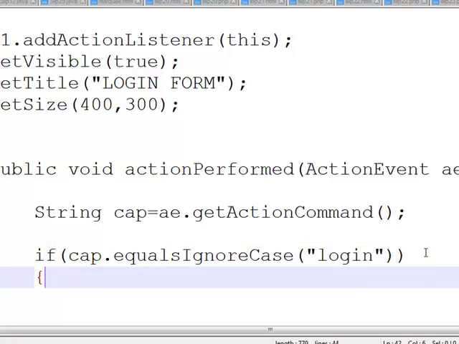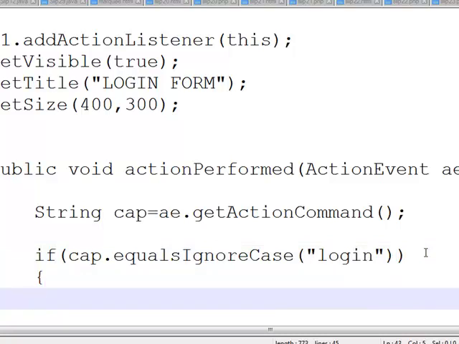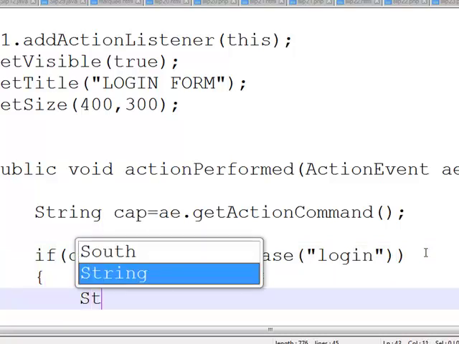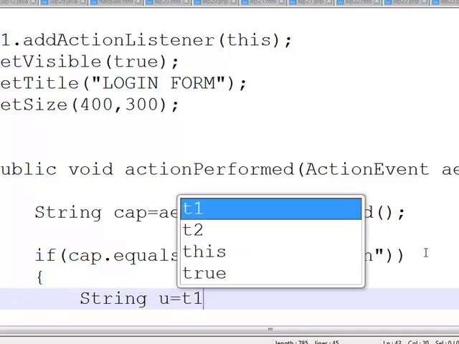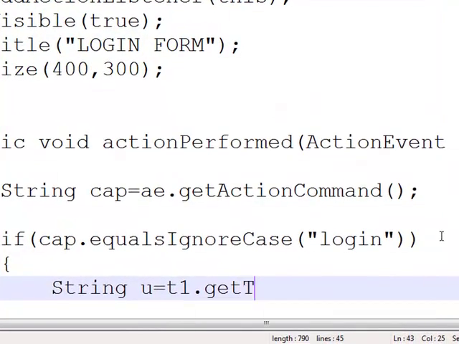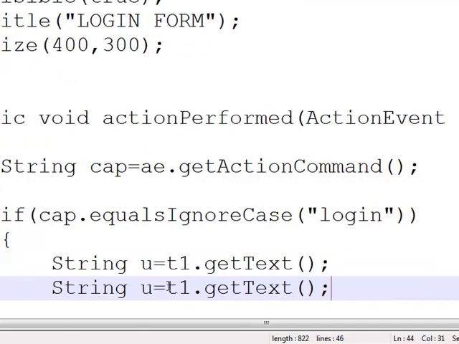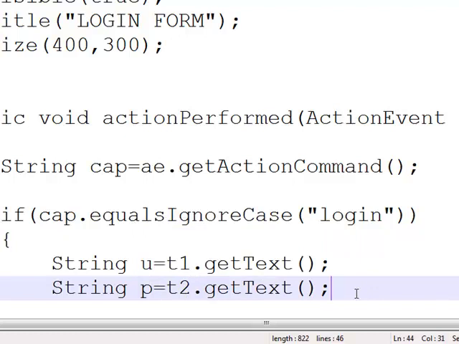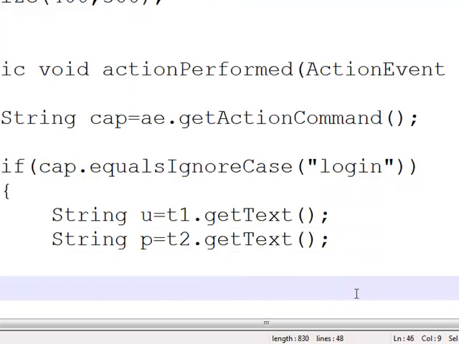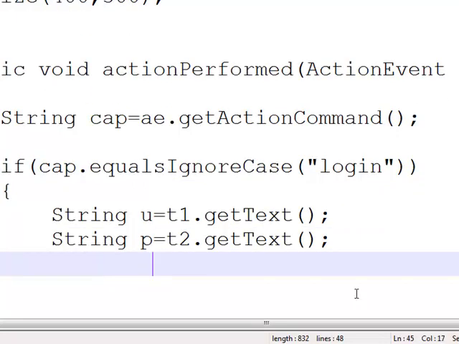And now what do we read? The two text boxes' data. So we take two different variables. String username equals t1 dot getText. Similarly, string p will be t2 dot getText. And when will we log in successfully? When the username and password are the same.